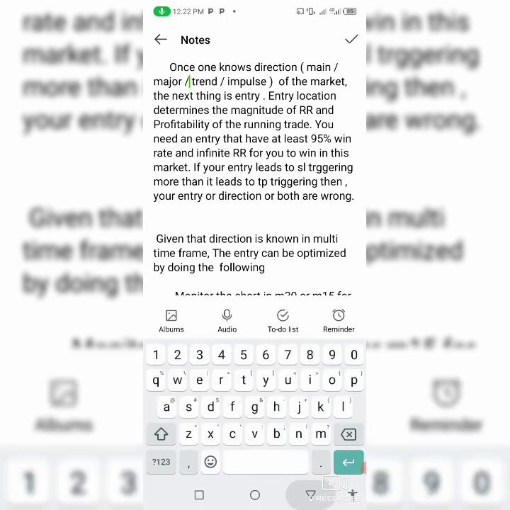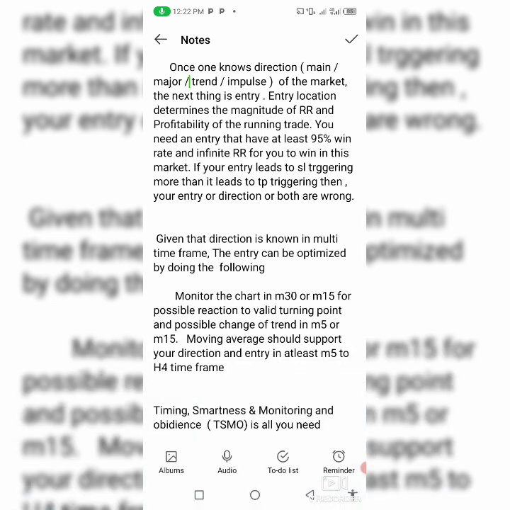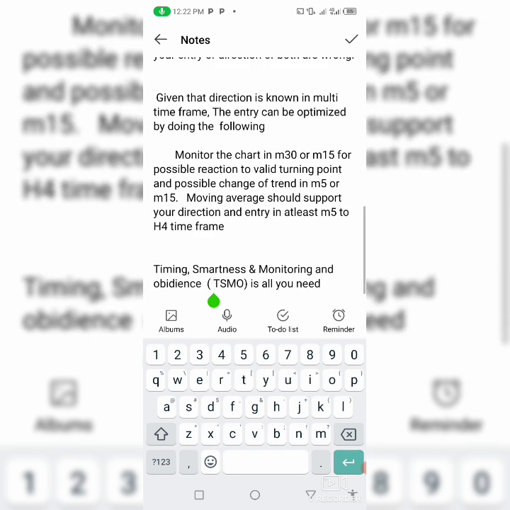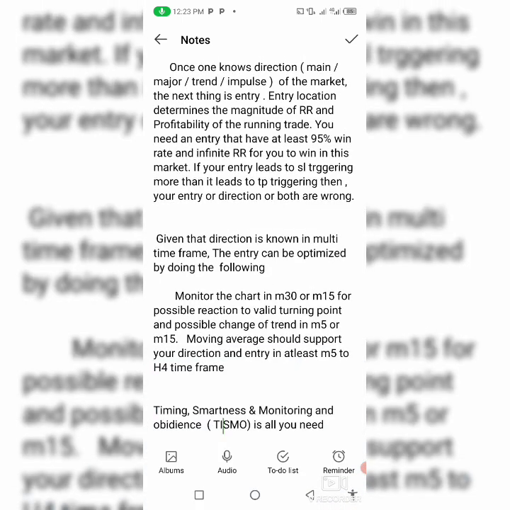Okay, timing, smartness, monitoring, and obedience. TSMO. Timing, smartness, monitoring, and obedience. So if we put I here, since we talk about timing, we abbreviate this to TSMO. Okay, so you need TSMO in order to